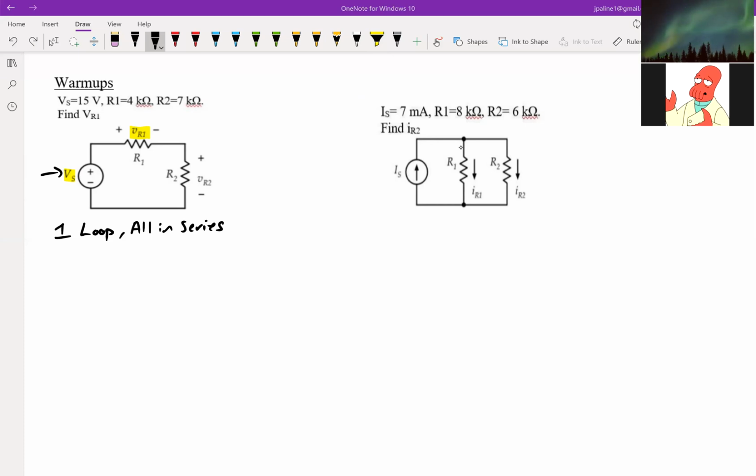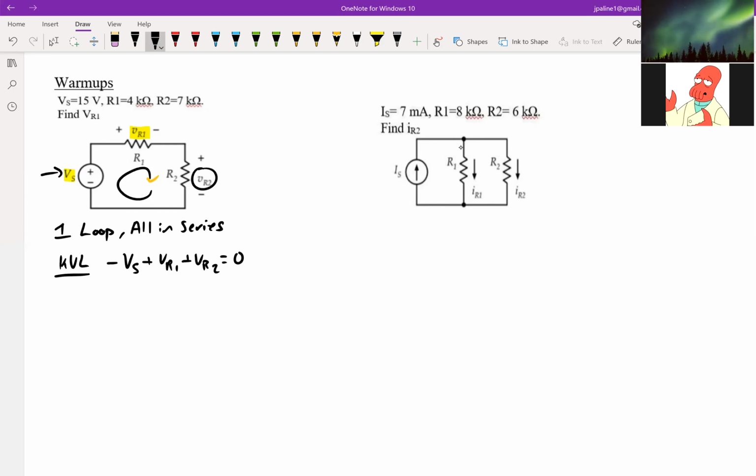You can use a KVL on it. Yeah, we can do that. Or the thing is that, do we know what that voltage is yet? Not quite. And to do the KVL, we would follow our loop here. So we would do minus V of S plus VR of 1 plus VR of 2 is equal to